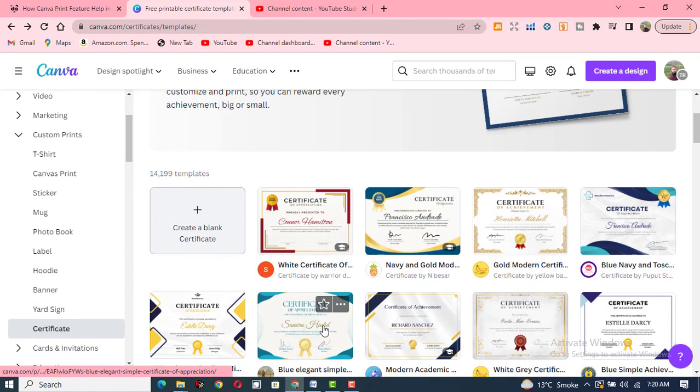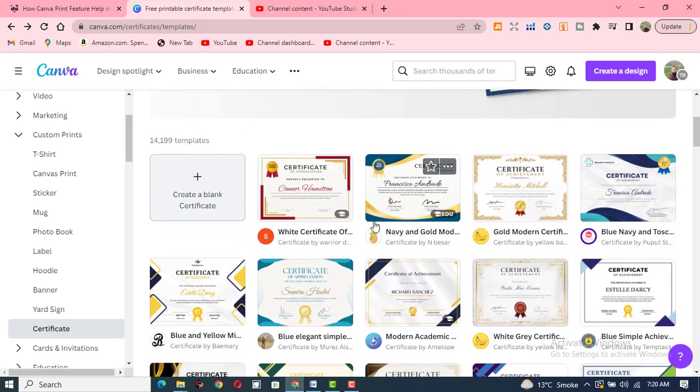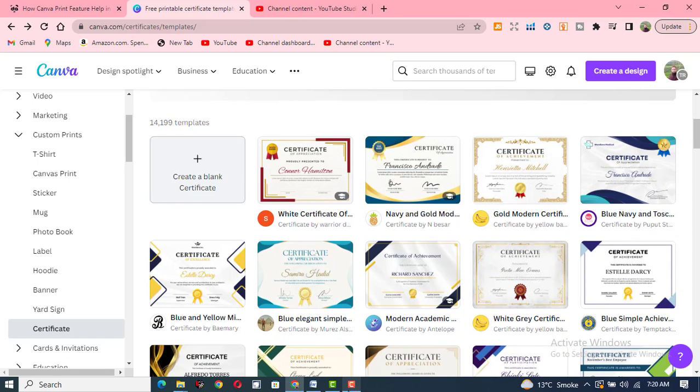So these are very important features related to print, custom prints in Canva. So learn these skills and you can earn money by just using these skills and providing services to the clients